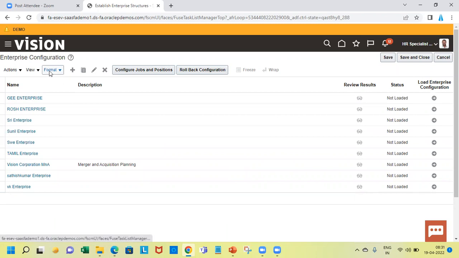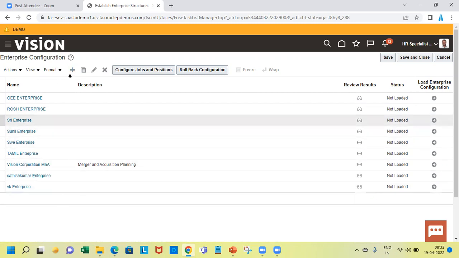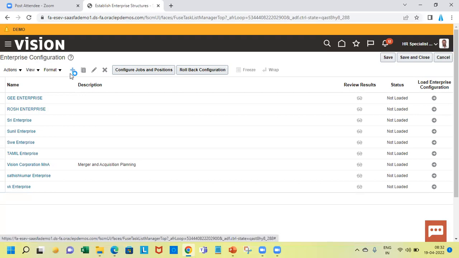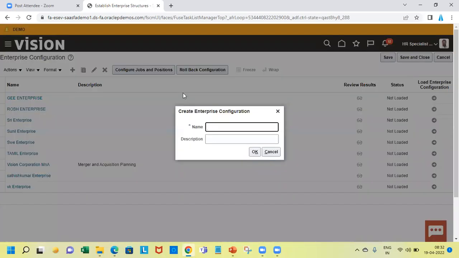Okay. See, when you're defining an enterprise, we click on this plus sign. These are the different enterprises which are there. We click this plus sign and there is a wizard sort of, which will take you through all the setups that are needed one by one. So let's say I... always when you're defining anything in the system, use your name prefix. So that you know that you are the one who is defining it, because there are lots there, you will find multiple things which have the same names and things like that, which can be confusing. So once you say okay,